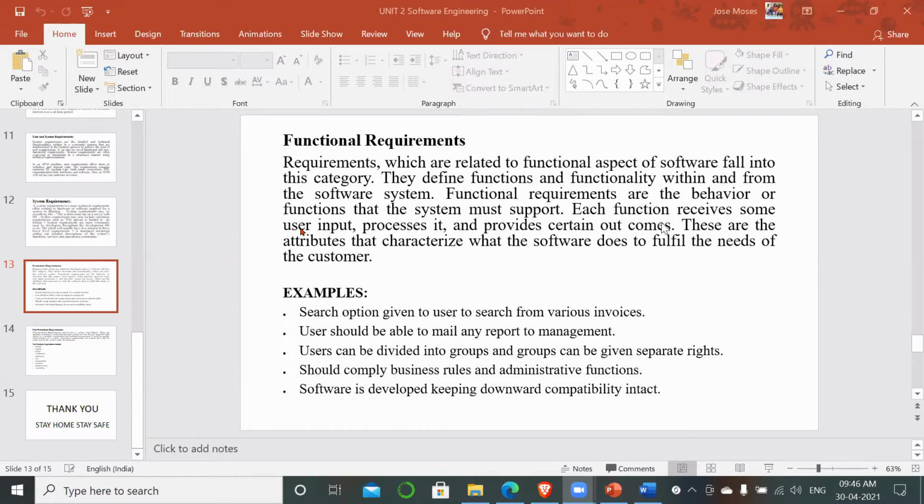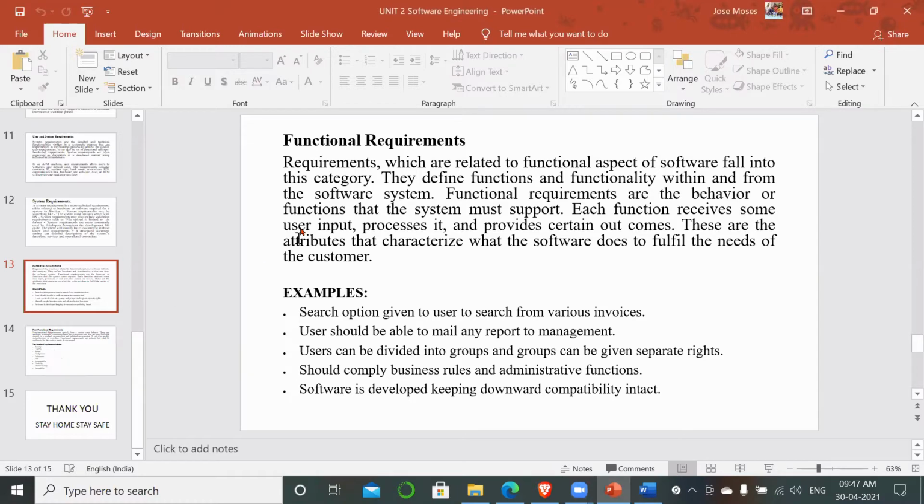In programming languages also you might have learned that a function is a set of statements which are going to perform a similar task, right? So here functionalities mean things like searching, giving a report, or doing some arithmetic operations or logical operations. Those all come under functional requirements.